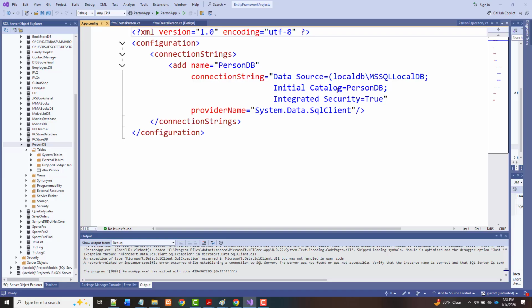Initial catalog is person DB. Integrated security is true. Provider name. It could even be in this line right here. It might be that it doesn't want that line in there. I kind of went back and forth over whether I should put it in or not put it in. Or maybe that should be